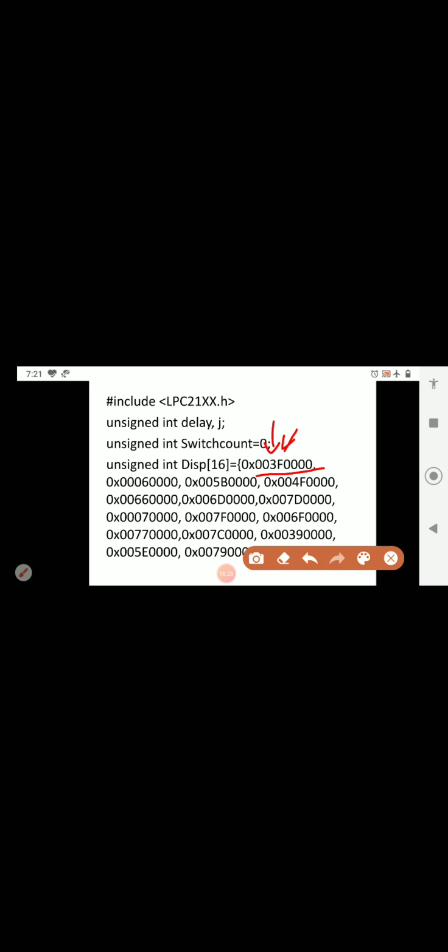Other than that, all the values should be 0, you should remember that. Since we are configuring only these two digits, all the remaining values are 0. And how did we get this 3F value?